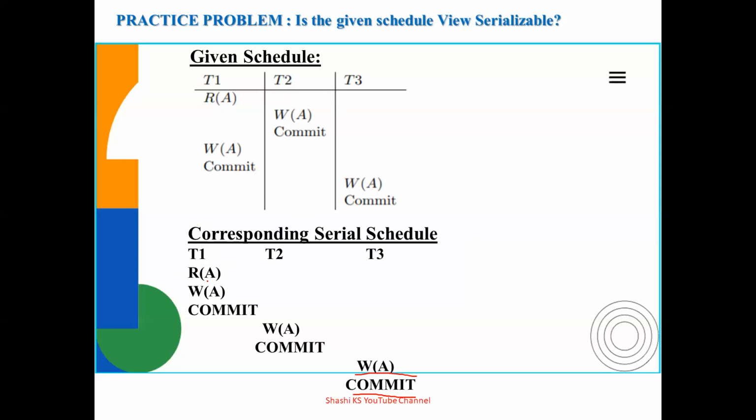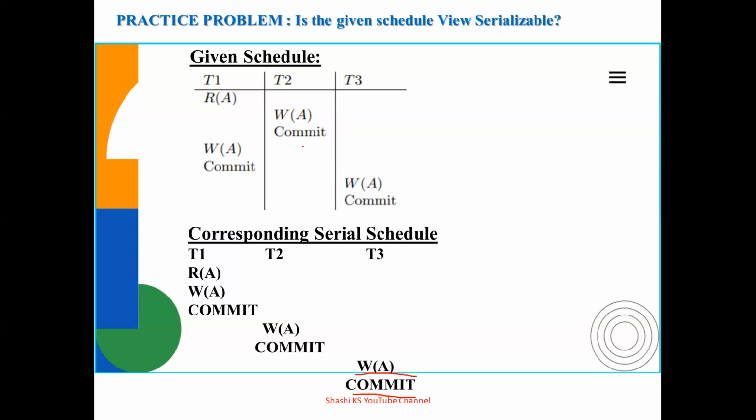What is the second condition? The second condition is updated read. Whenever there is an intermediate read operation, not the initial read, you have to see which transaction is updating the value and which other transaction is reading it. You have to check whether the write read sequence is the same. But in the given non-serial schedule, there is no such write read sequence. You have only blind write operations here.